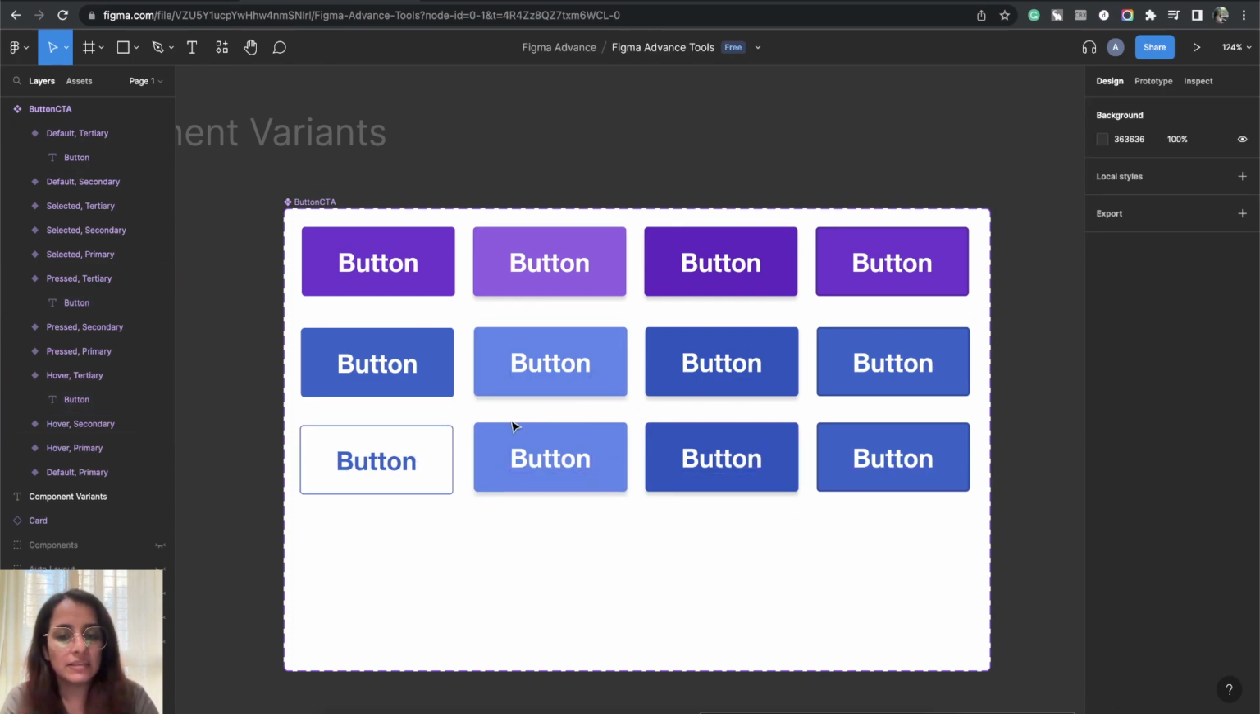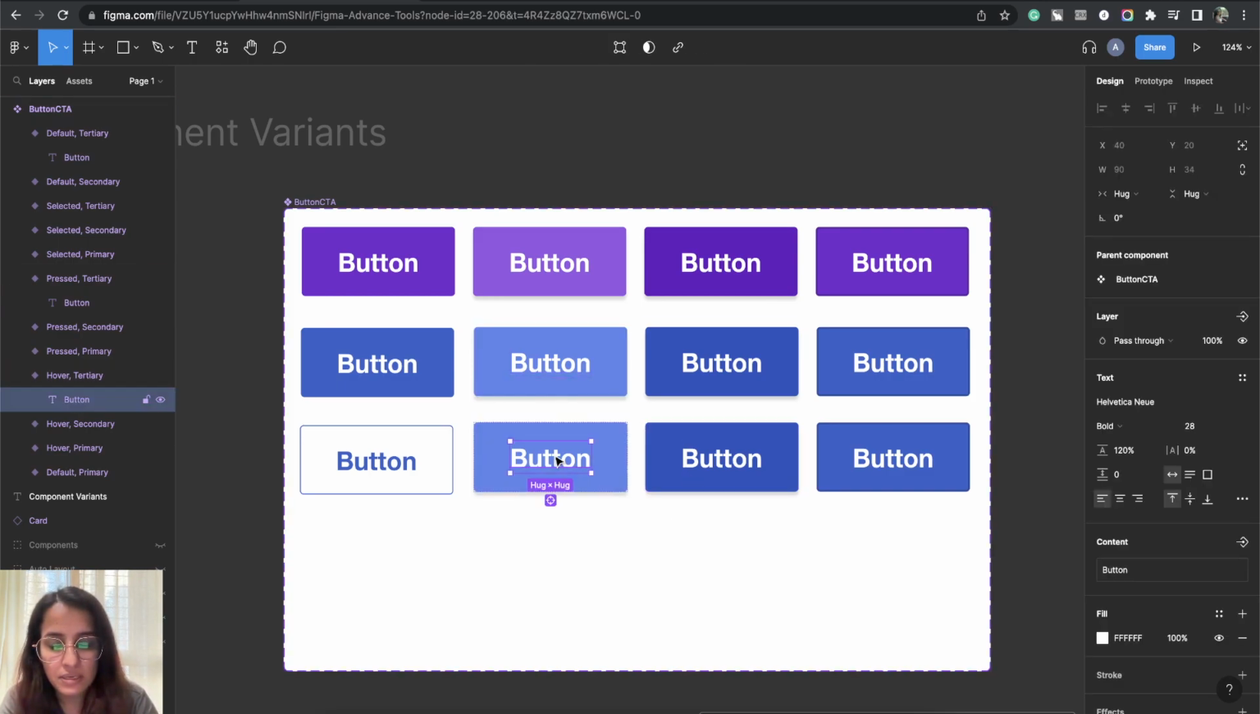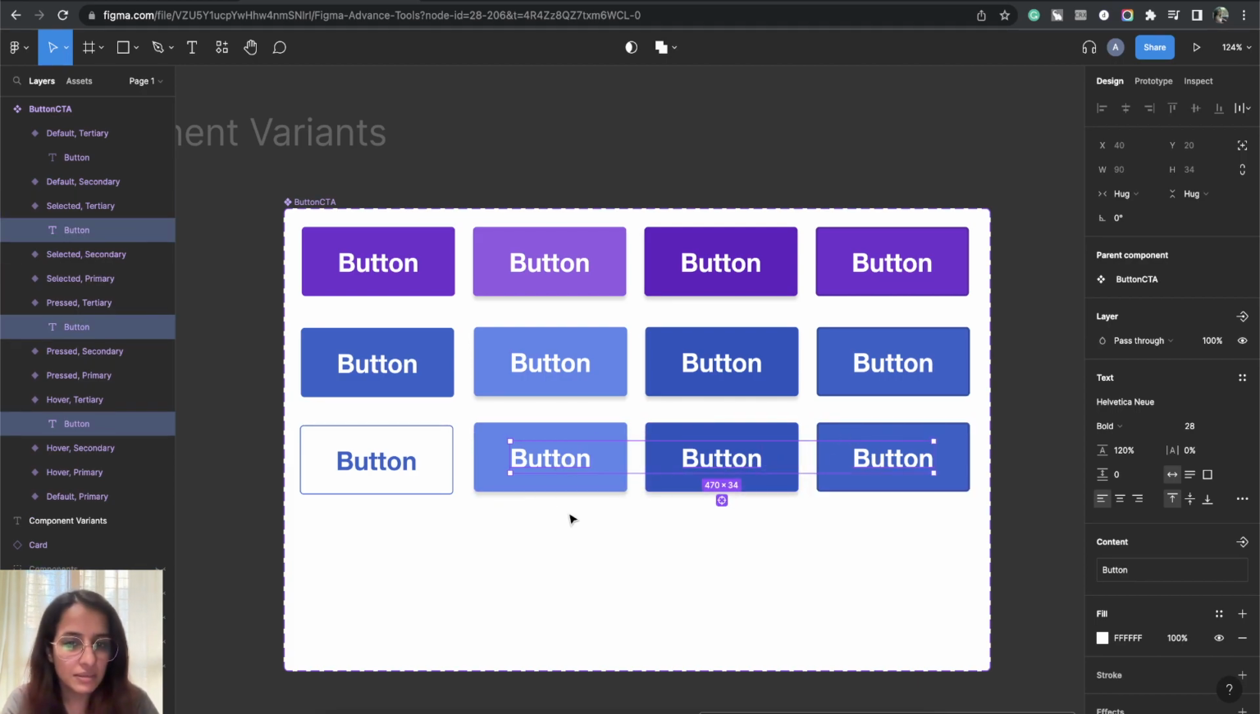How can you select an element which is inside a group or a frame? Tip, shortcut: press command and click on the text. Now, holding the command key, press shift and click. Okay, so now here I'll change this color,